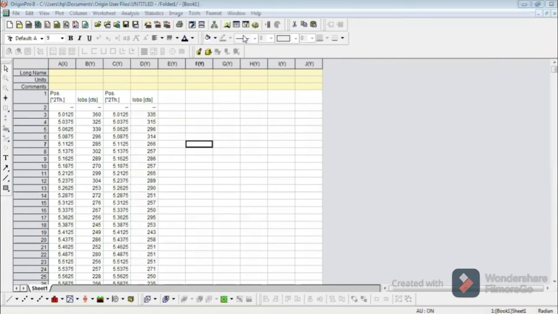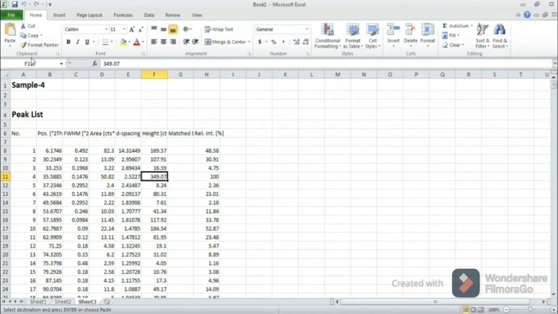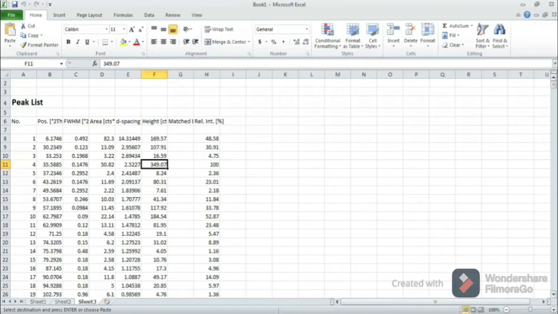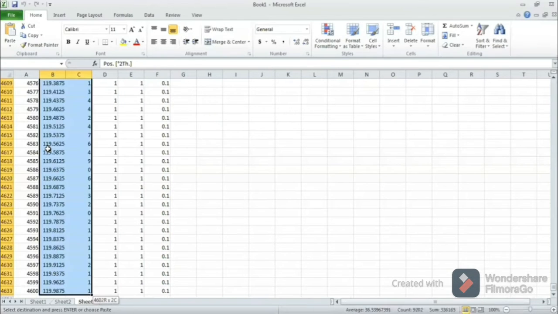Now I want to copy the data of the next sample, that is sheet number 3. Okay, no problem. So again copy the 2 parameters, the position and I observed, by pressing shift and the right arrow key, then shift and control keys simultaneously, and the downward arrow key to select all the downward data.